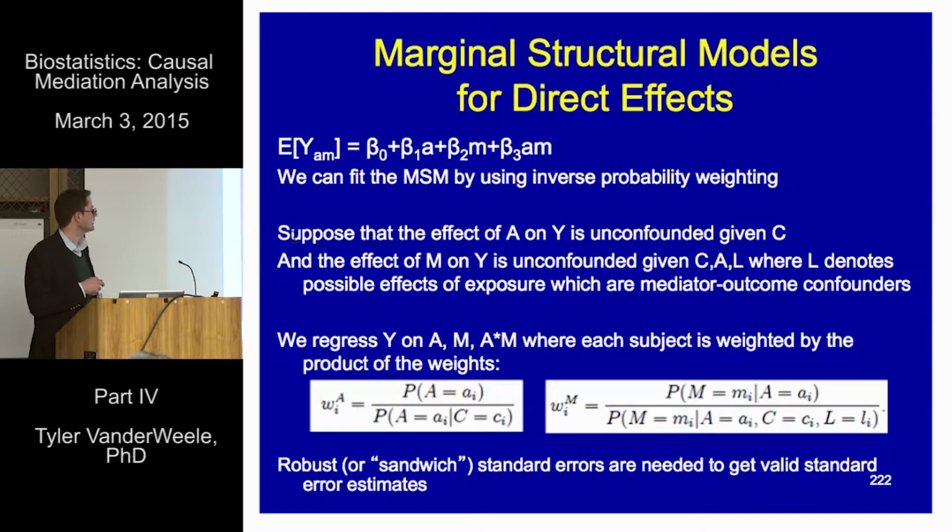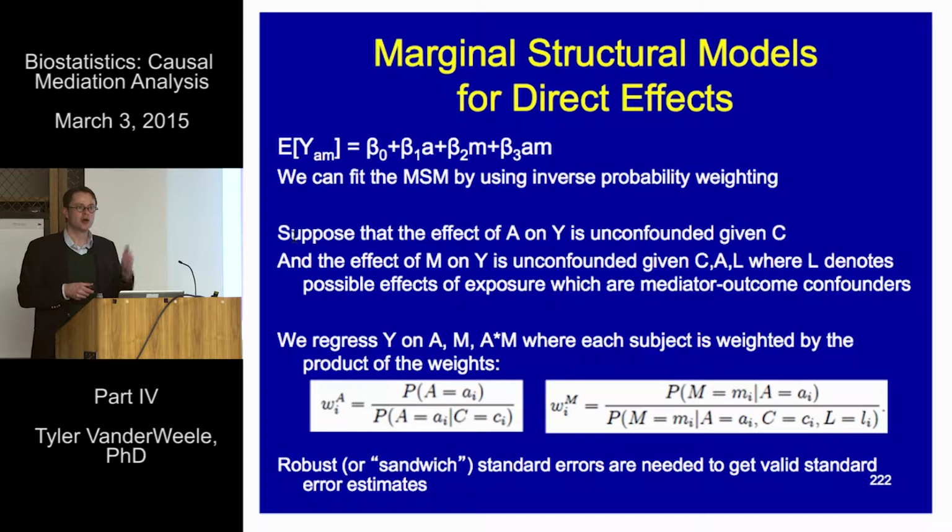What we do then to fit the marginal structural model is we regress the outcome on the exposure, the mediator, and the exposure-mediator interaction. No covariates. We take care of the covariates, we take care of confounding, by weighting. We weight each individual in this regression of the outcome on the exposure, mediator, and interaction by the product of these 2 weights. And provided our confounding assumptions are correctly specified, we get consistent estimates of the parameters of the marginal structural model,